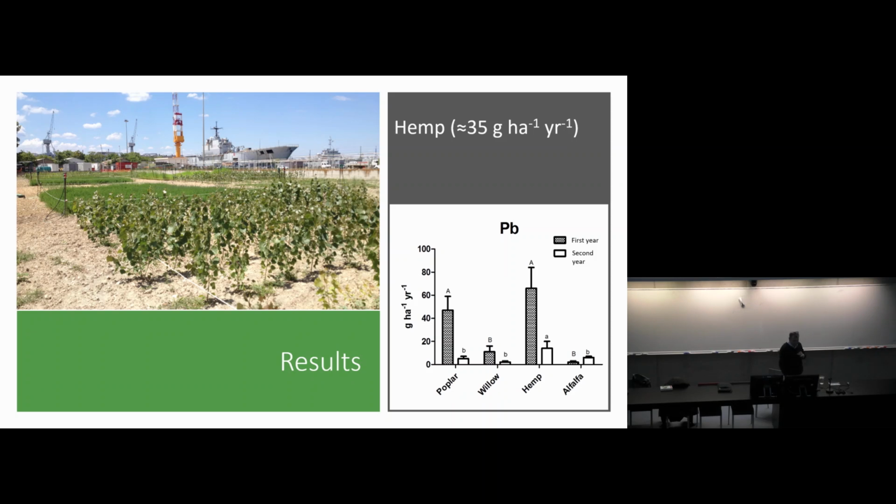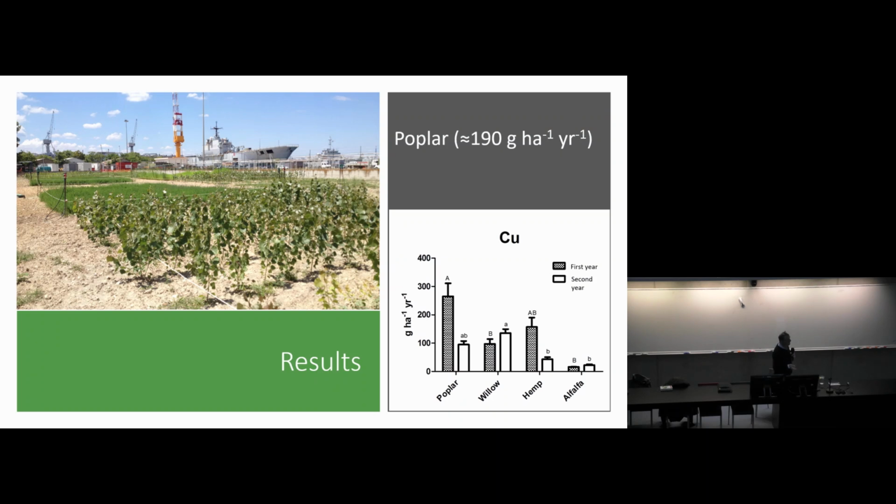And it's very surprising that it's not very much. 35 grams is very, I mean, 1 hectare, do you know how many square meters is 1 hectare? It's 10,000 square meters. So it's not a lot. But what is very surprising is that when you skip to another pollutant, for example here copper, the species changed because, for instance, here poplar is the best performing species, but also the amount of copper extracted